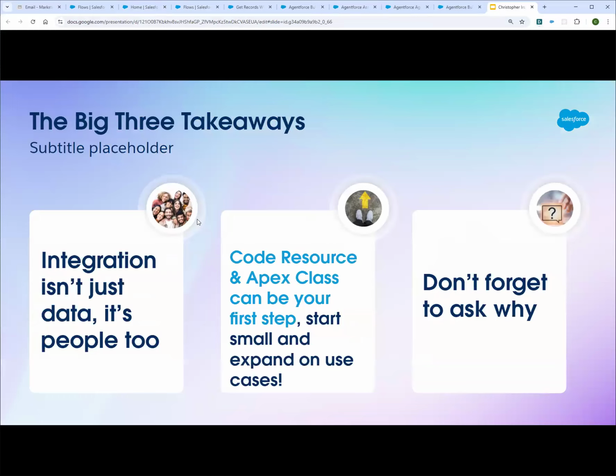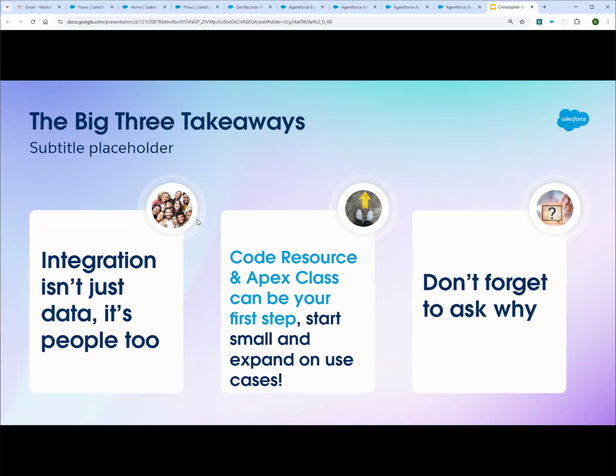A couple of takeaways from this. We have integration. It isn't just data, it's the people that are working on it as well. We want to make sure that every part of the integration that we're working on is thought out. What is the specific data? What is the use case? What are those people going to do with it? How does this help them unlock new abilities that they haven't had previously? How does this streamline someone's work to save time, actually make it worthwhile to do, and prove that investment by improving people's day-to-day?